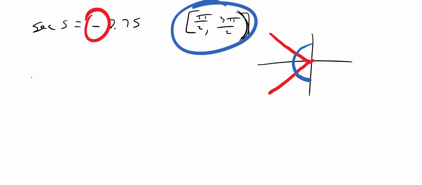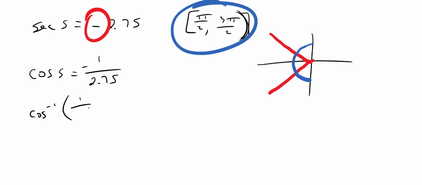Okay, so what we're going to do is, you got to rewrite this. Please don't forget, it's cosine of S equals negative 1 over 2.75. It's really important. Got to rewrite it first before we do the problem. And then we're going to do inverse cosine of positive 1 over 2.75. Remember, you always do the positive value because that gives us our normal reference angle. And that gives us